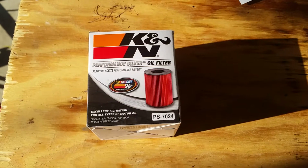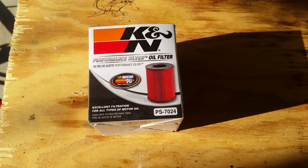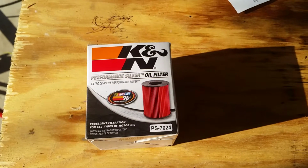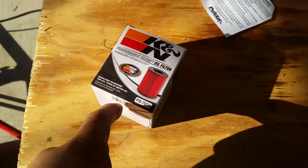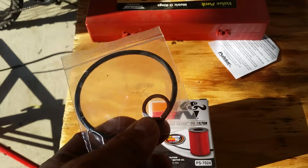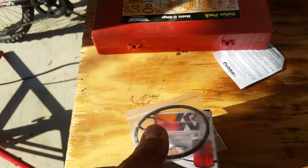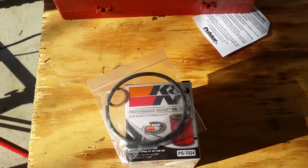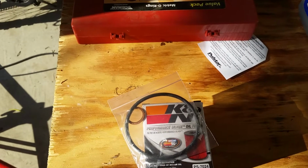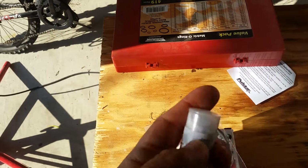Okay, it's time for an oil change on my 2009 Mini Cooper, hatchback base model, non-turbo. So I picked up a K&N oil filter. Comes with a gasket and O-ring. And what else I picked up, which already has an O-ring, is a new oil plug,